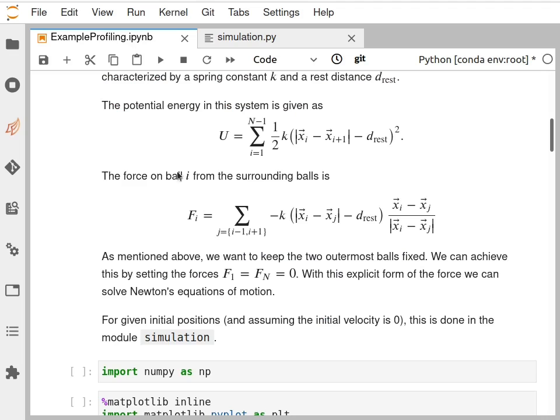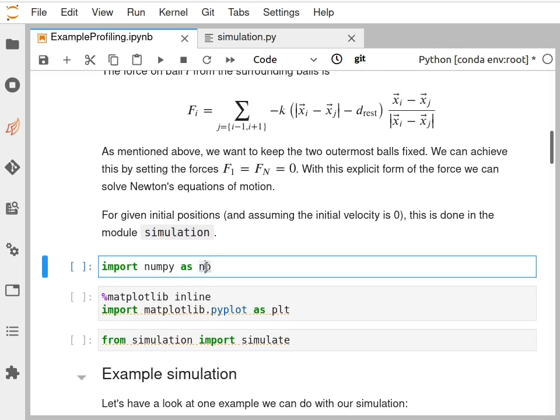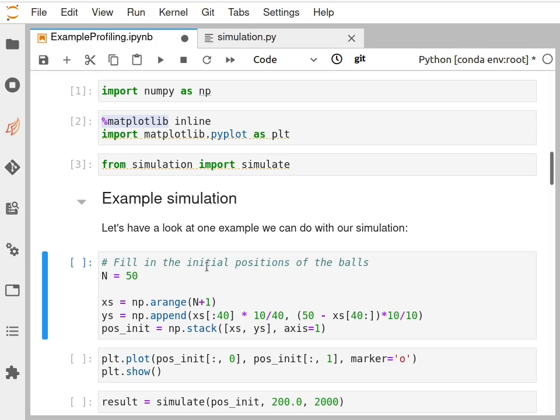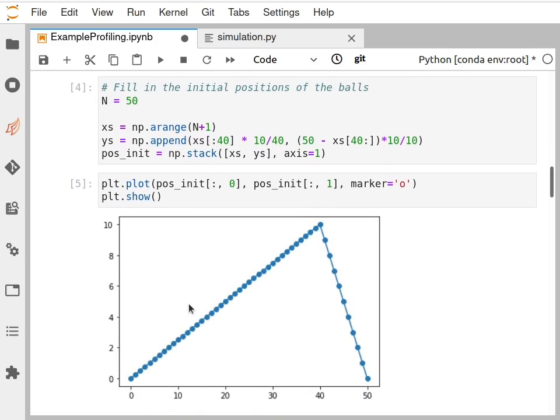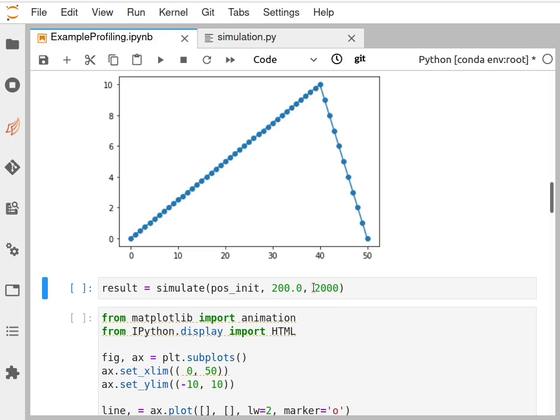So let's have a quick look at what that simulation does. Let's just quickly run it and look at an example simulation, just to see what the simulation is doing and that it actually does a useful thing. I'm making an initial position of my balls with a displacement in this linear fashion, a little bit asymmetric. You could imagine this is picking a guitar string, when I just start to pick the string a little bit away from the middle. We can now run the simulation,